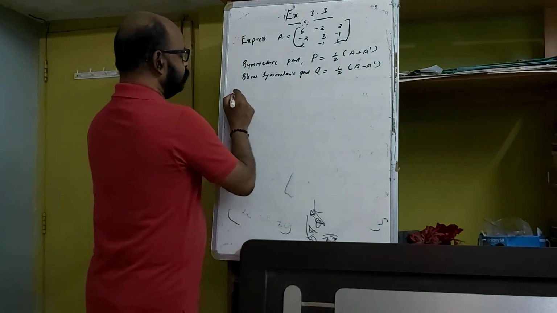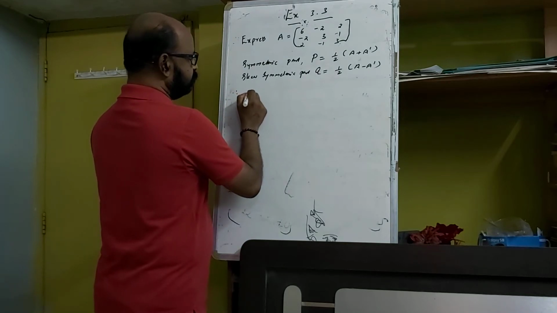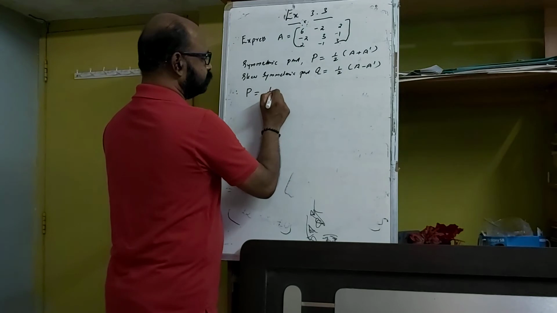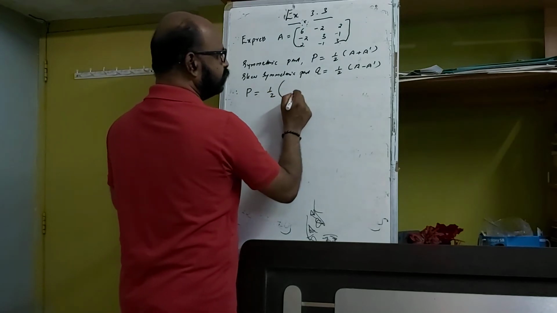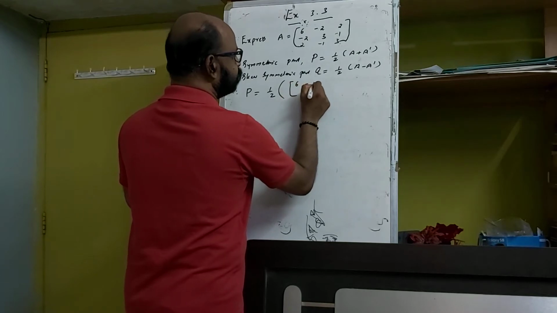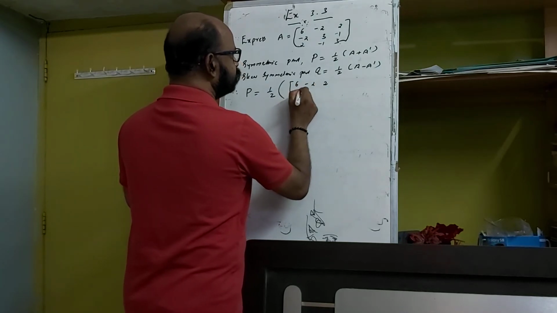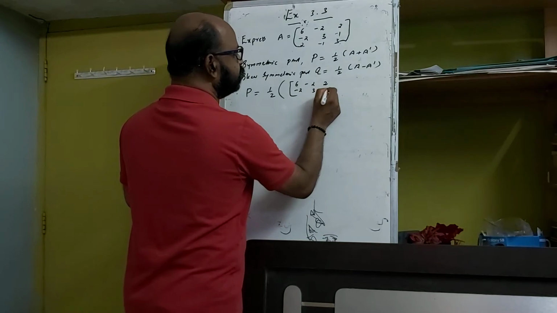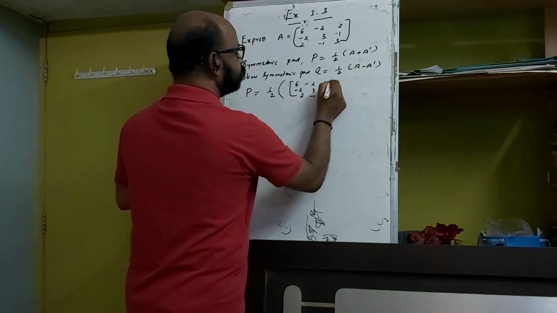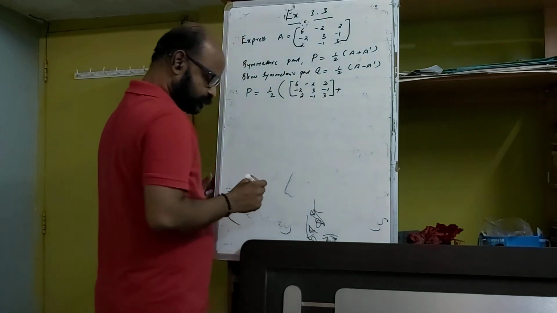Therefore P is equal to half into matrix A, that is 6 minus 2 2, minus 2 3 minus 1, 2 minus 1 3, plus